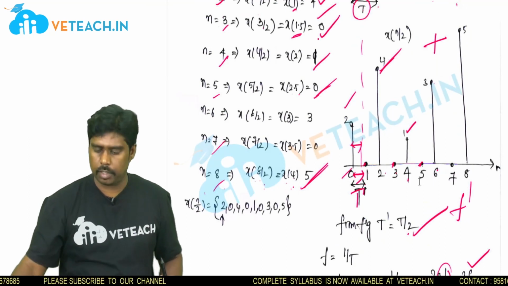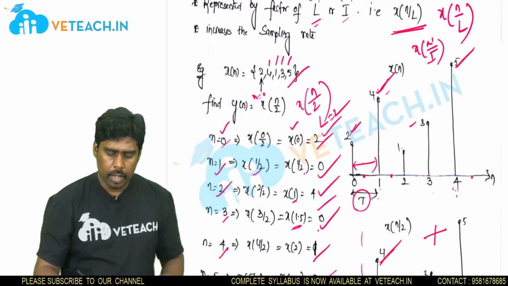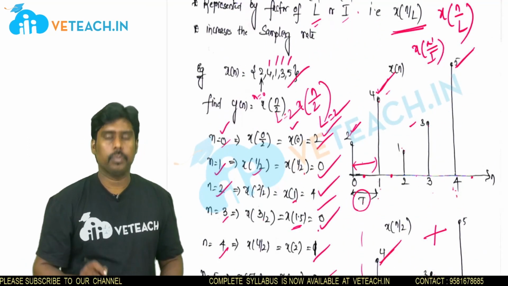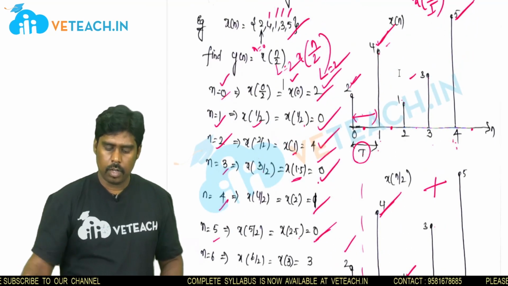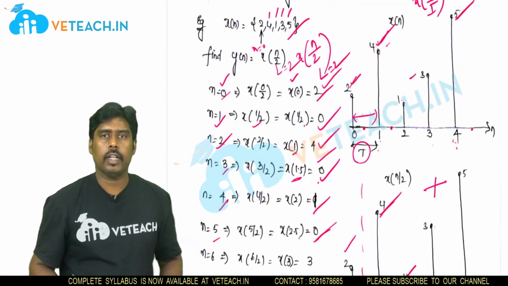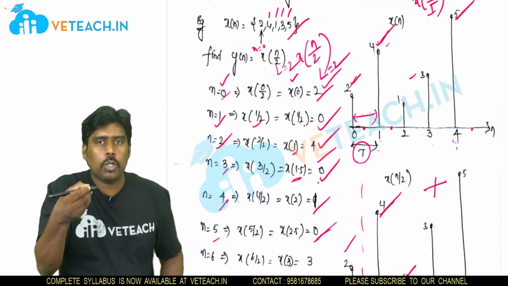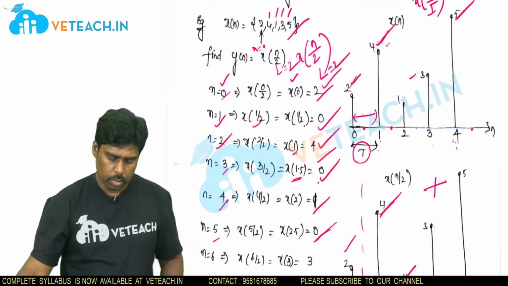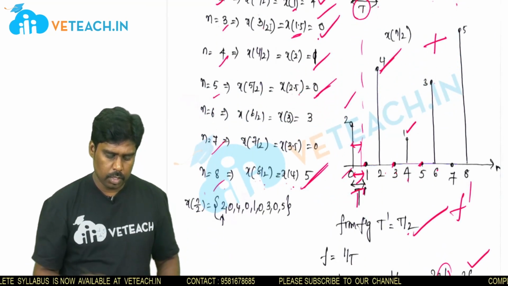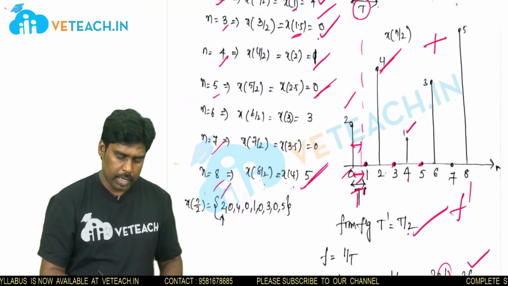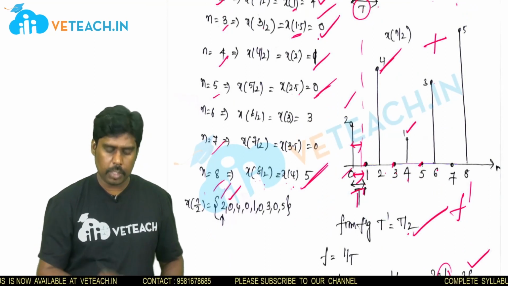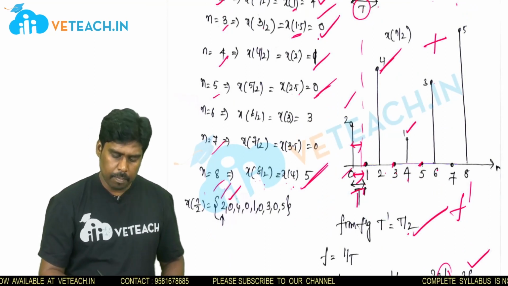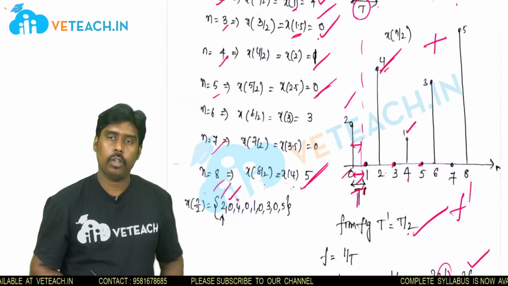To cross-check, here the L value is given as 2. Simple: write down the first sample, then put L minus 1 zeros after that. L is 2, 2 minus 1 is 1, so one 0. That's what we have done here. See this, first sample I have written, then L minus 1, one 0 is kept here. Then the second sample is 4, I have written that 4.